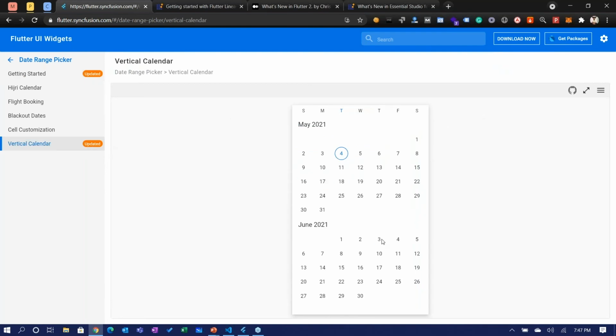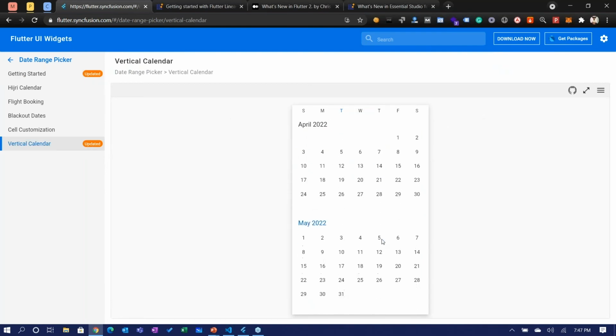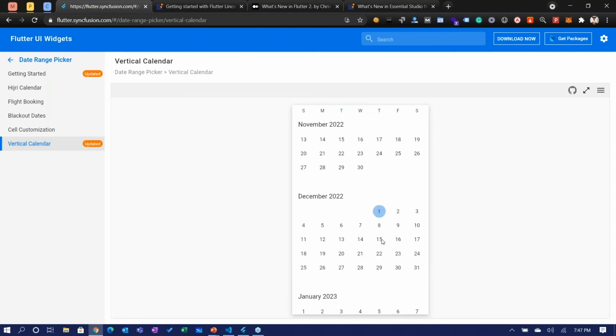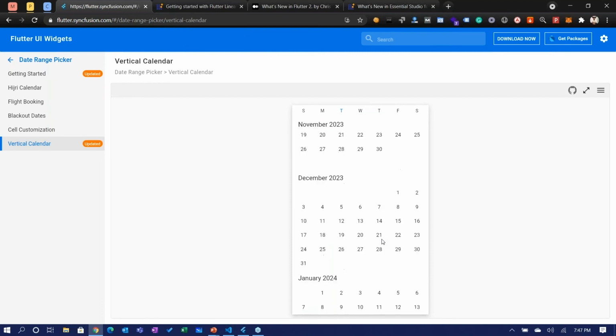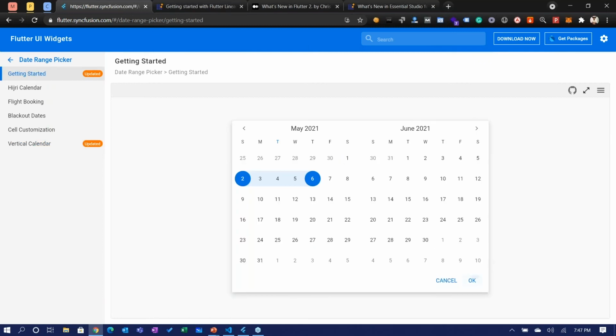So in date range picker, you can see this is the free scroll that we have provided. Earlier, you couldn't scroll like this. You had restrictions. Now you can scroll between whatever range you have provided. Also, now you have OK and cancel buttons. Based on these events, you can manipulate your data.